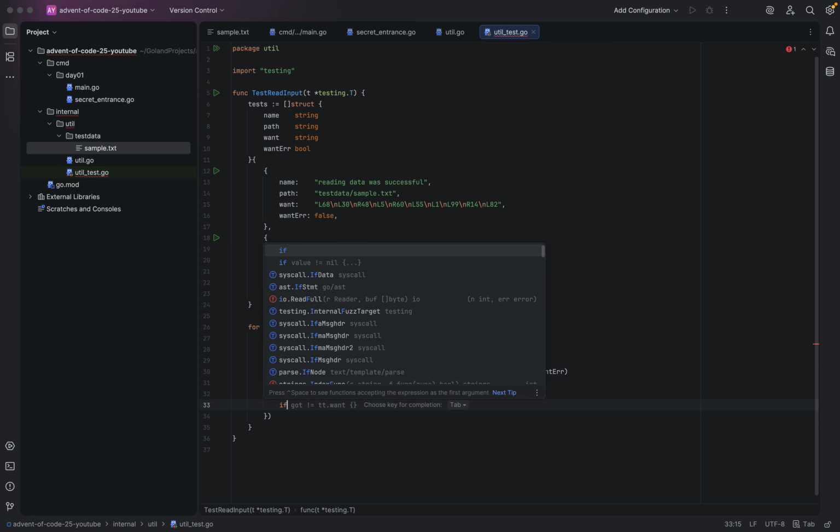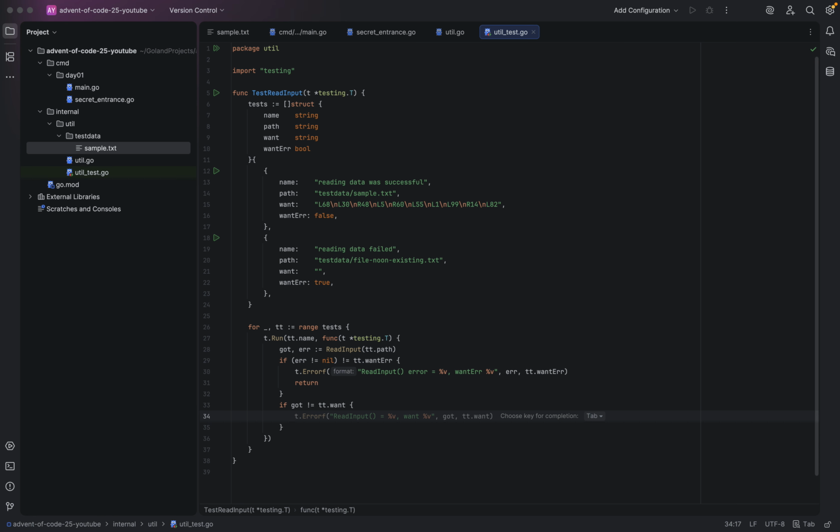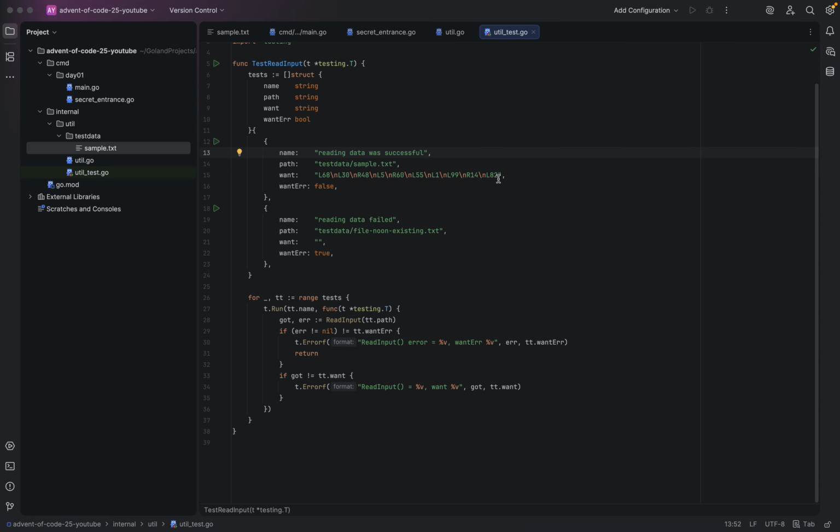And here, if got want is true, we print the actual value, read input value, and want, what we want here. That looks good actually. Okay,